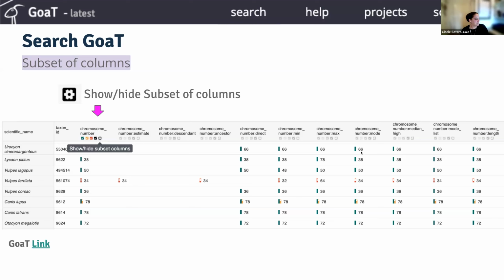If there are a lot of sources, each one saying the chromosome number is a different one, it will pick the number that has been claimed to be the right number by most of the sources, or the one that I, as Goat curator, set as primary. So if you want a value to be set as primary, you can also contact the Goat team, and we set it as the primary for display.